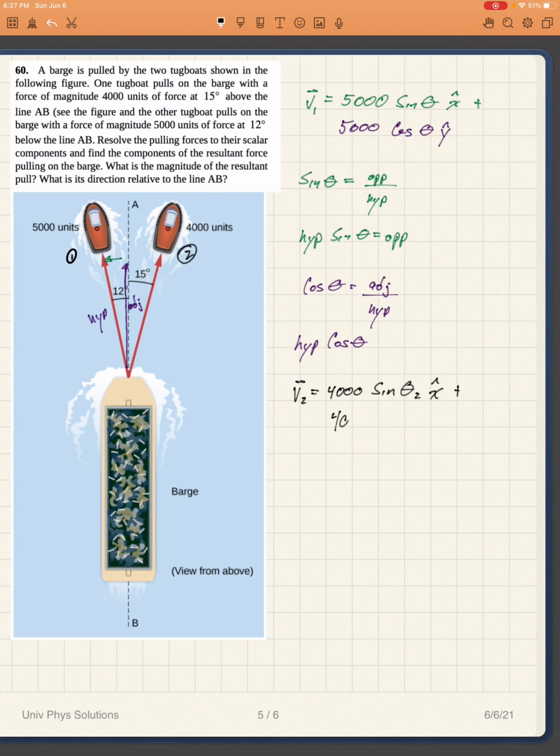And the y component is going to be 4,000 times the cosine of theta 2. Now there's one more thing that you want to realize here, is that the x components will be positive or negative,